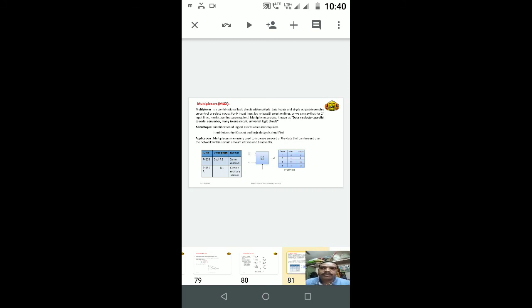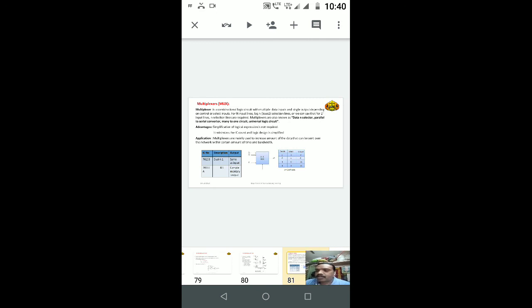There are 3 select inputs, and if these select inputs are 0 1 1, then out of these 8 inputs, input number 3 comes at the output side. Suppose the select lines are 1 1 1, meaning 7, then only input 7 is passed to the output side. So this is the logic behind the multiplexer: in the multiplexer a number of inputs are present, but the output is 1. So it is also called many to 1.